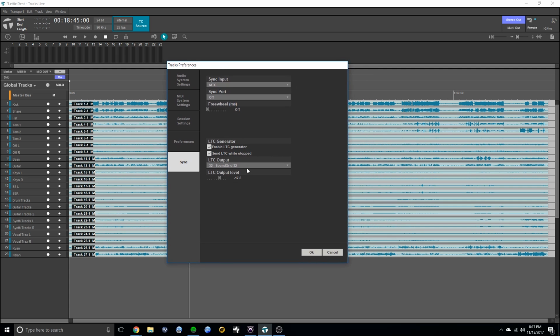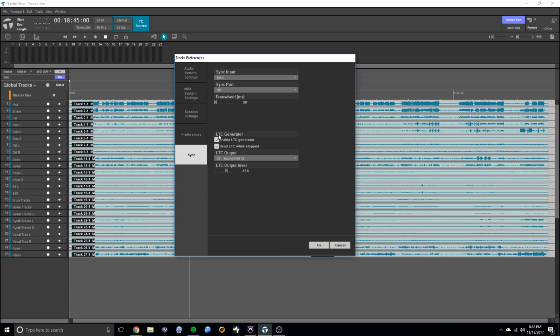down below the linear timecode generator. We need to check Enable LTC Generator. Send LTC while stopped is not necessary for this example. And then lastly, we need to route what channel we're sending timecode out. In this example, we're sending it out SoundGrid 32 because it's out of the way of other SoundGrid channels we're